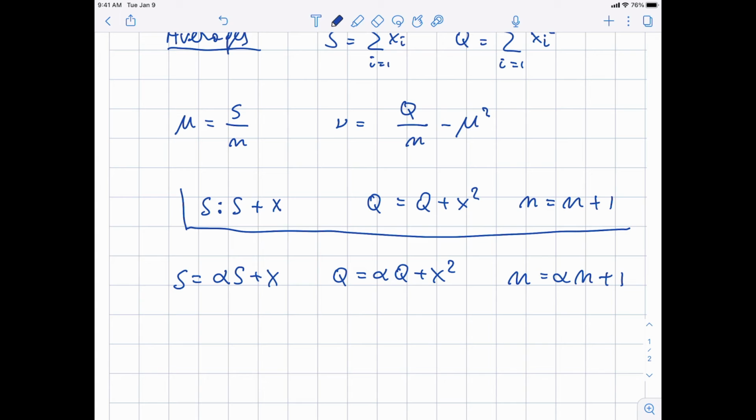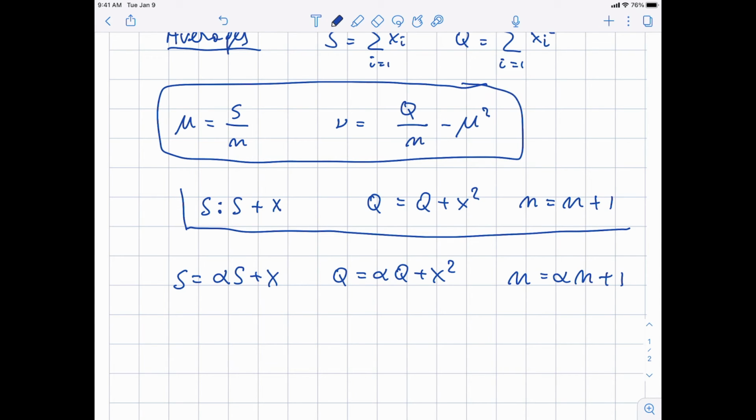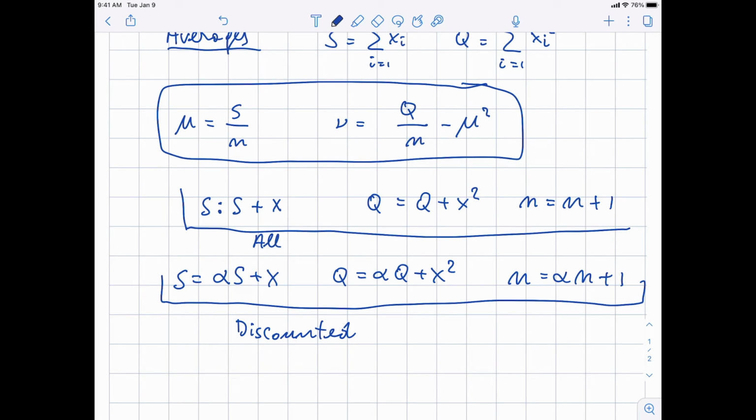And if we do these substitutions, then we can simply use these same formulas. Incredible but true. So these formulas are true always, provided we compute these numbers in a different way. So this is for discounted, and this is for all time. Okay? So let's put this idea in practice into code.